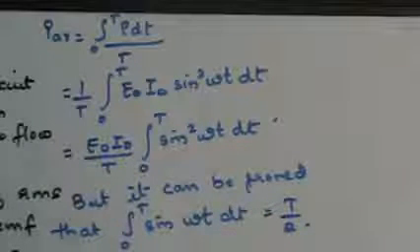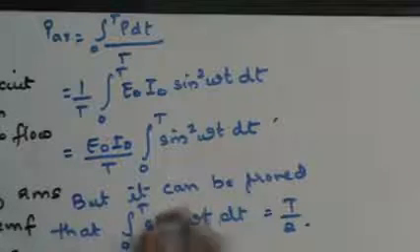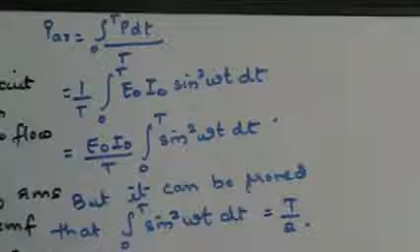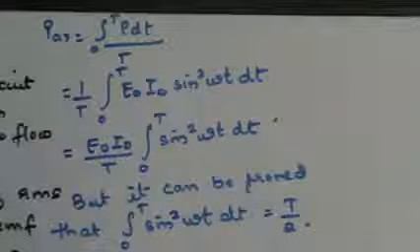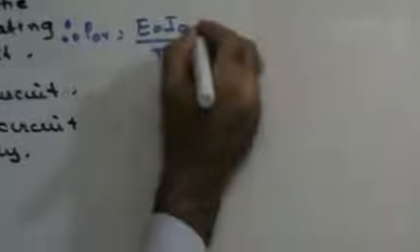Right? You don't have this derivation, you have to know this, that the integral of sin square omega t dt is nothing but T by 2. Now substitute this value. In that case I can therefore say that average power is E0 I0 upon T into T by 2,